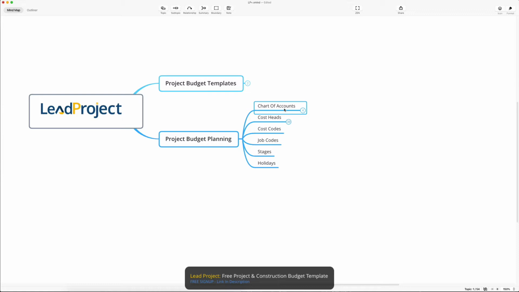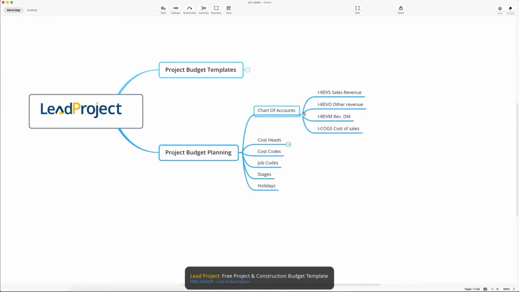And I'm not asking you to use QuickBooks or Xero or whatever. I'm not for any software, but I'm just trying to explain to you how that would work in any kind of a good project budget template. So with your chart of accounts, I think mostly, especially when you're building or in construction, you'll probably have